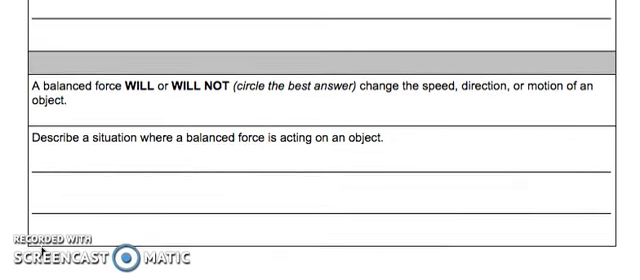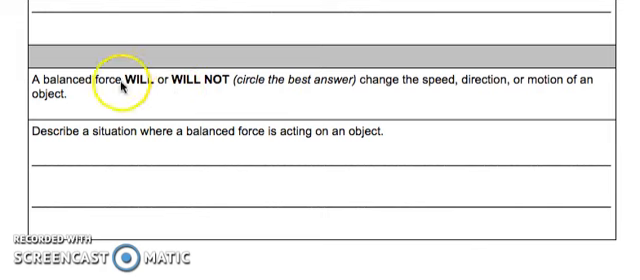All right, students, last section. Now you have to talk about a balanced force. A balanced force will or will not change the speed, direction, or motion of an object. So it will or will not. You're going to circle. Then you're going to describe a situation where a balanced force is acting on an object. So you're going to write us a situation where